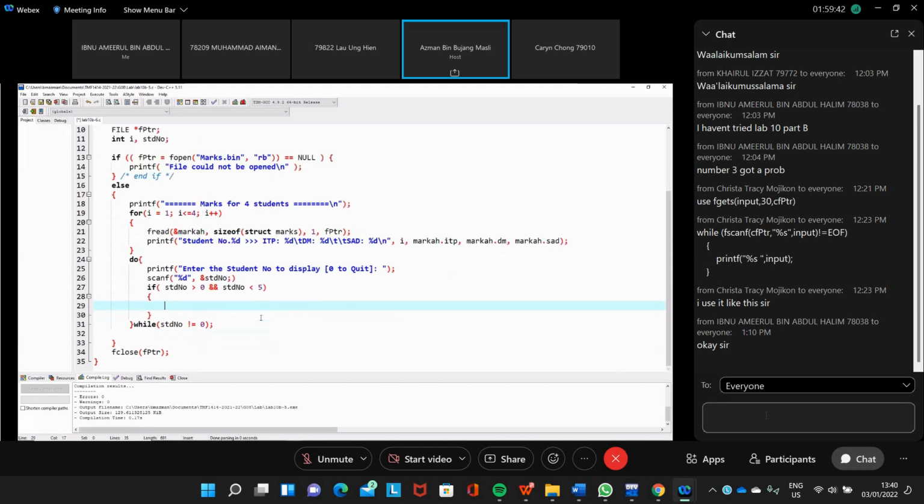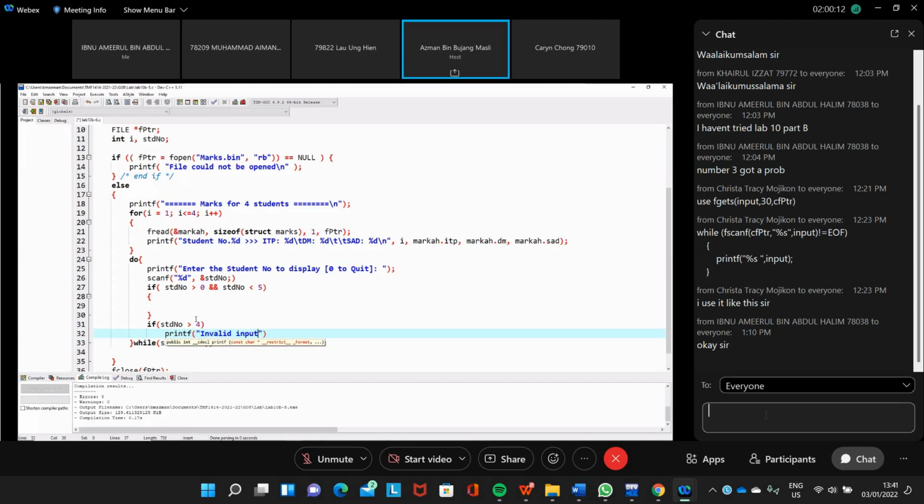Okay, then we do, otherwise we can display the error after that. For example here we can check if student number is bigger than 4, then we just display invalid input, and then we ask the user to enter it again.